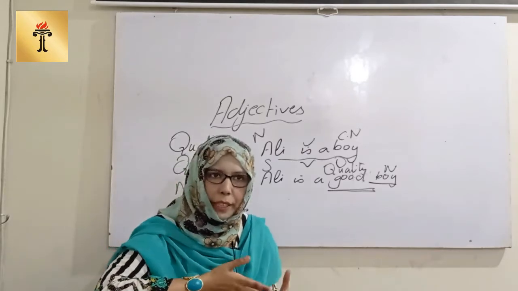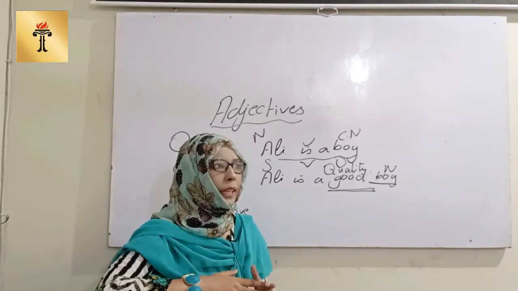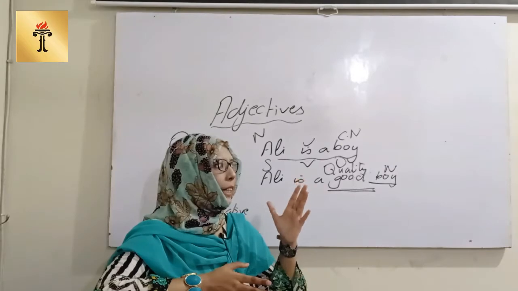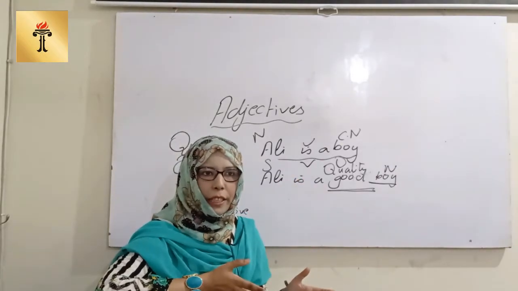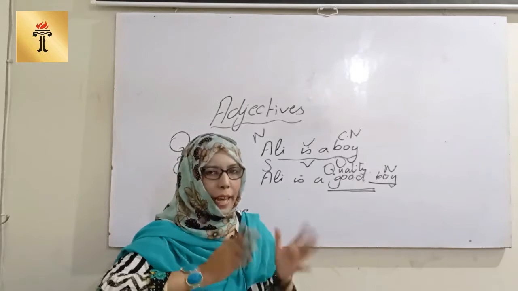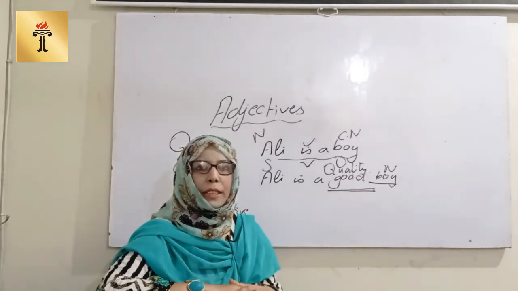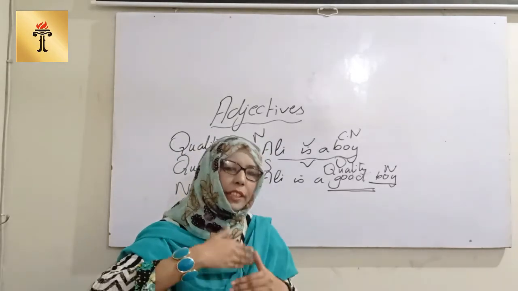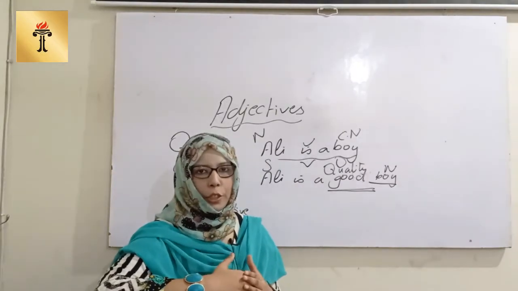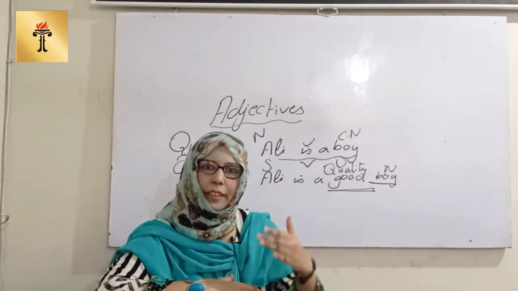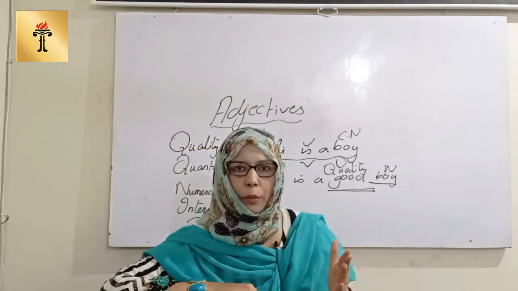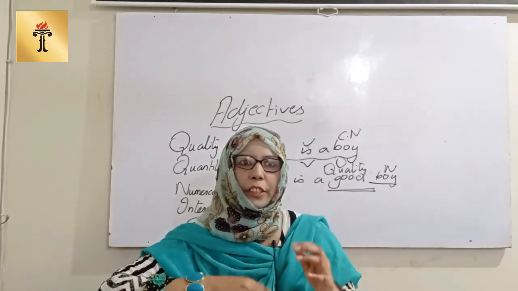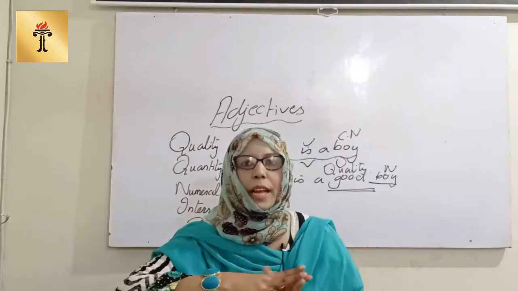Multan is a large city. She is a pretty girl. He is an old man. This is a red rose. It is a blue chair. The sky is blue. The sky is cloudy. He is an intelligent boy. He is a dull boy. These are all qualities which can be associated with a noun and give a description of the noun. This is the role of an adjective in a sentence. Before or after the noun or pronoun, when some quality or quantity is associated with the noun, it is said to be an adjective.